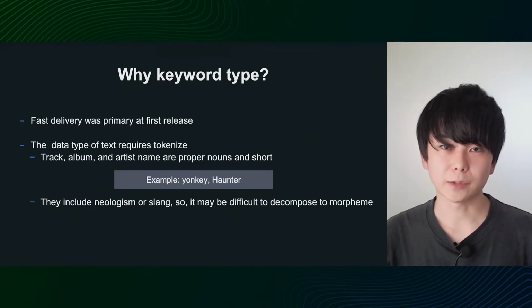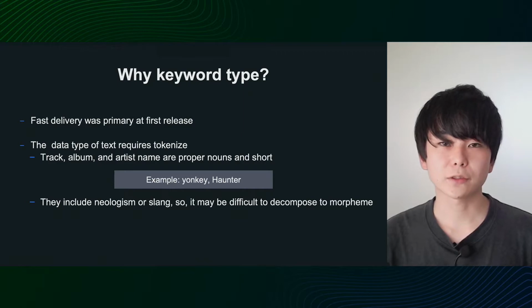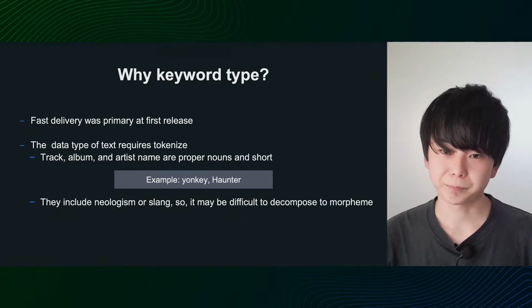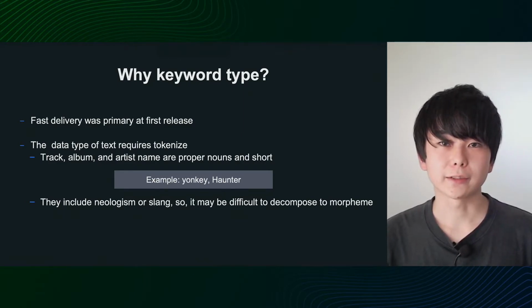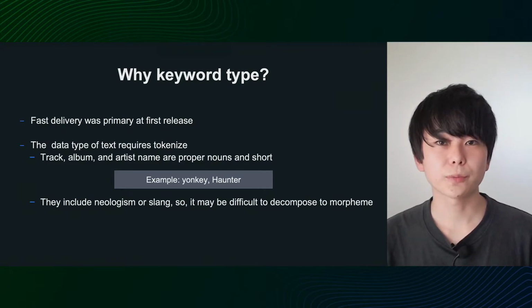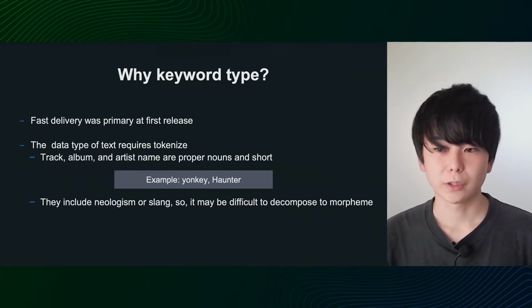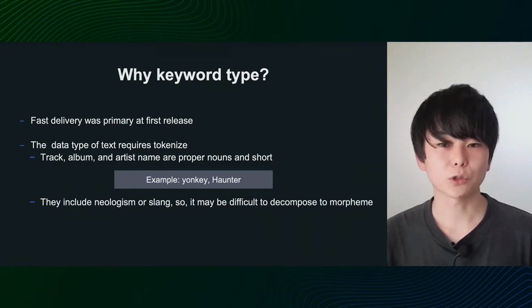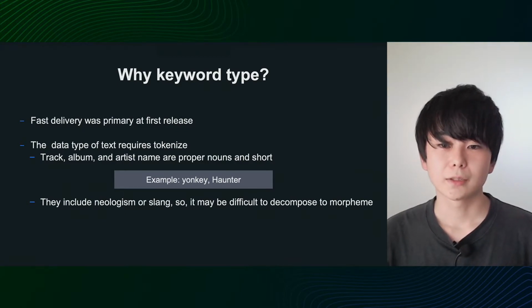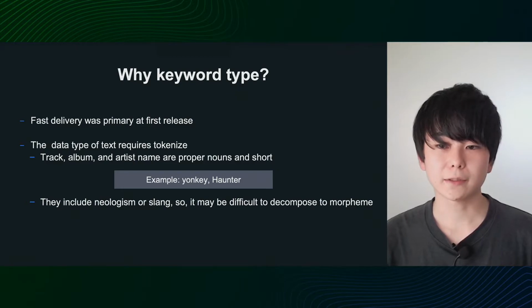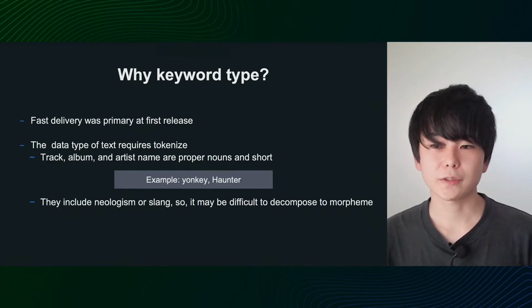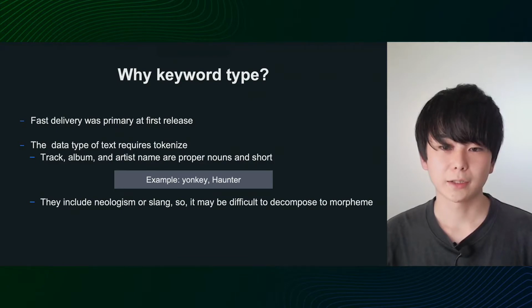the commonly used dictionary-based tokenization is not effective when the string is short and contains proper nouns such as music data. In this example, Yonki, line record artist, is a proper noun, and Hunter, a song by this artist, is a new word or coined word that is not in the dictionary. It is difficult to separate words with the coherent meaning, and a lot of efforts were needed to develop a way to handle this. Therefore, in the initial release, we prioritized providing value quickly by adopting the keyword type since